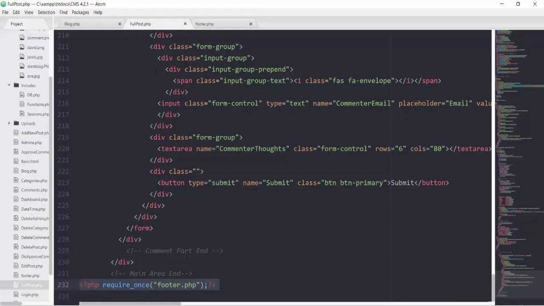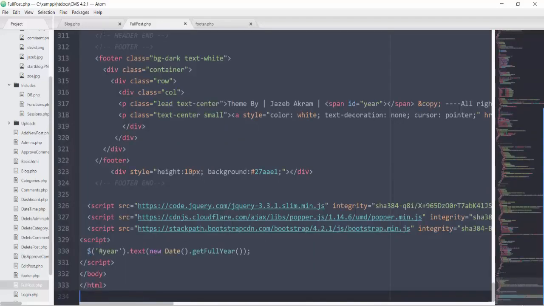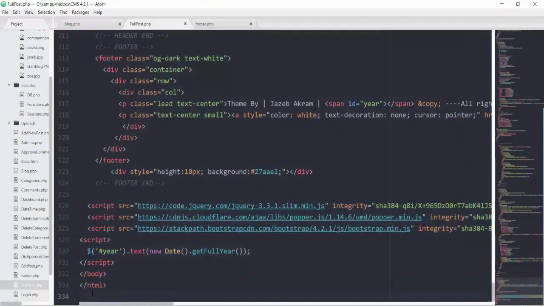So let's revert these changes that we did in our full post page and also on our blog.php. So pressing Ctrl Z, saving this full post page with all the code, and let's put this require once in a comment, so that when you have the coding exercises and at the end of completing this course you can make this file in a more organized way. So I'm gonna save this file fullpost.php.